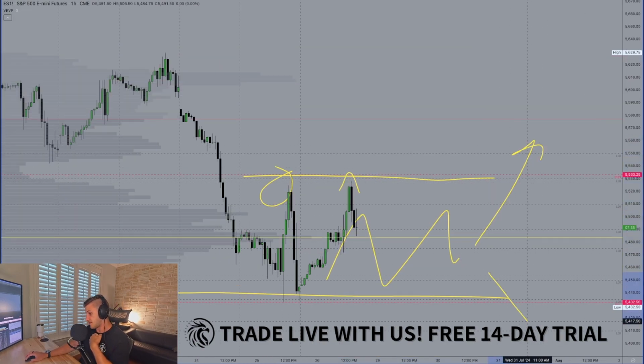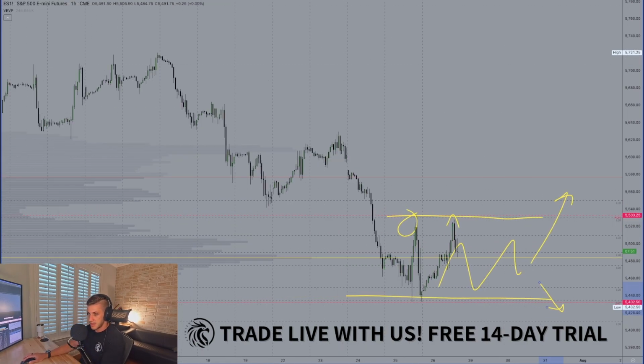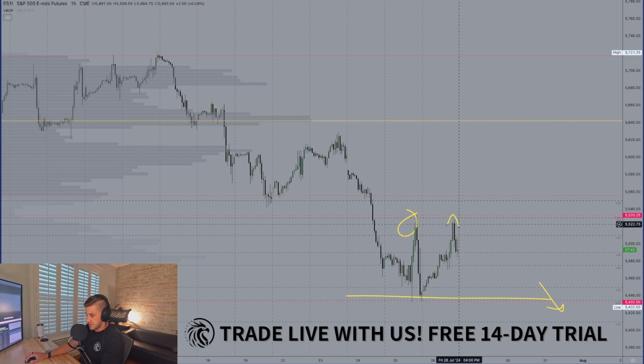And it certainly could materialize with a leg lower. But based on the fact that price is sitting on some pretty large areas of support right now, we do have a decent chance at a change in character and potentially a bounce here, depending on how this structure continues to build. As of right now,